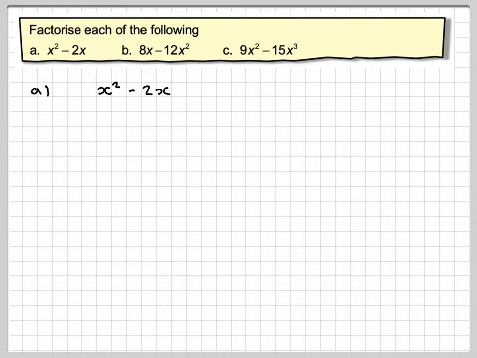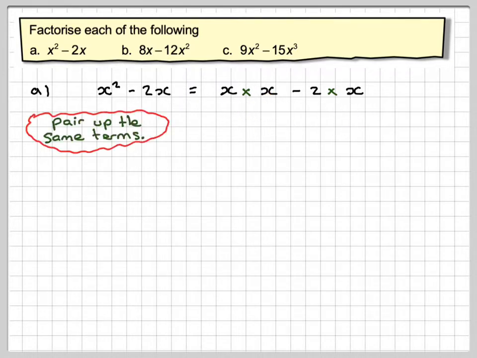So part A is x squared minus 2x. Now x squared means x times x, minus 2x. So the idea is you split it up like this. I've put my multiplication signs in a different colour. You don't have to actually do that. Now the method relies on pairing, looking at this bit and looking at this bit and pairing up